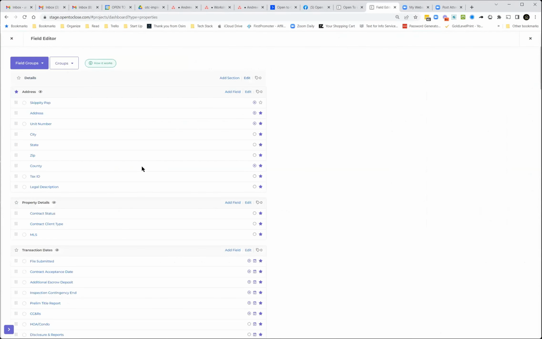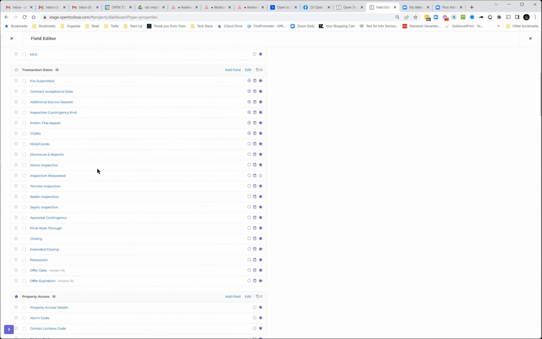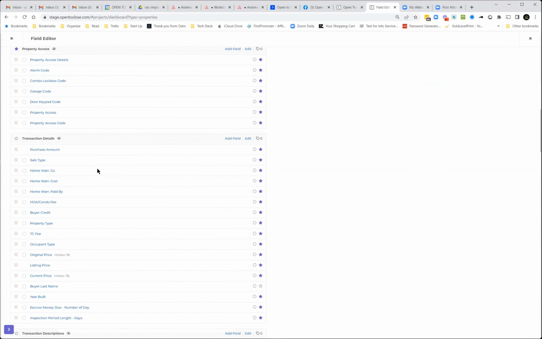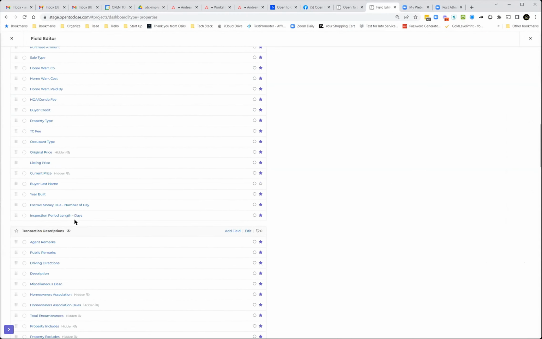So let's start in fields, and we're going to come down to, let's just try to find something here like inspection. Okay, so inspection period. So there may be a date up here that this is going to calculate, but you need to know how many days. In your state, it's option period. Let's just say this says option period instead of inspection period. Same thing, just a little bit different. So, and you said 5 days. So if it's 5 and in the contract, let's say the boilerplate is 20,